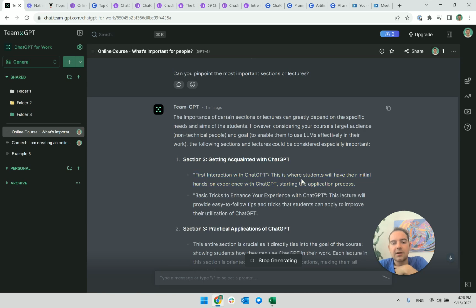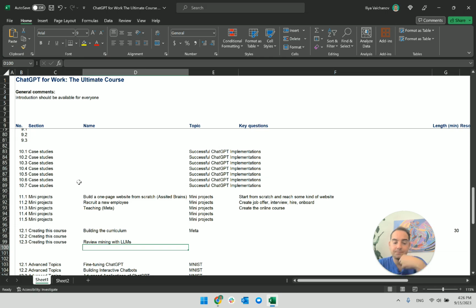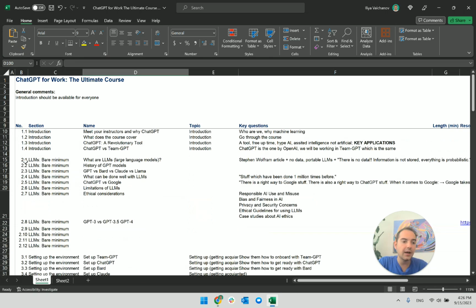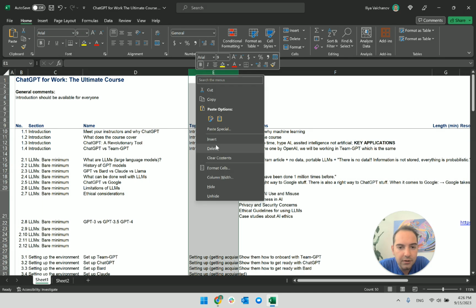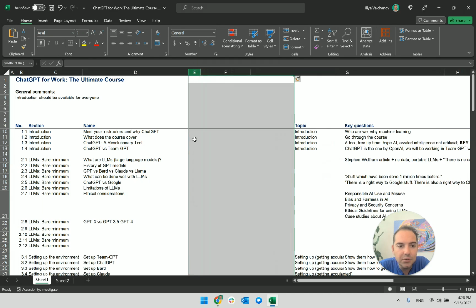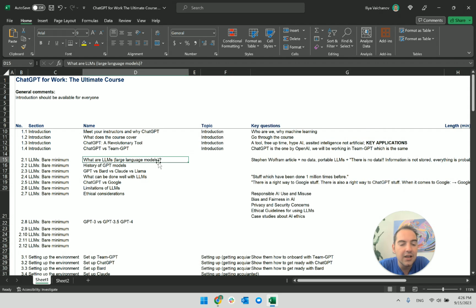First interaction with ChatGPT. This is where students will have their initial hands-on experience with ChatGPT, starting the application process. Well, you know what I'm gonna do? I will make a little star emoji somewhere here, and I will star the most important lectures.